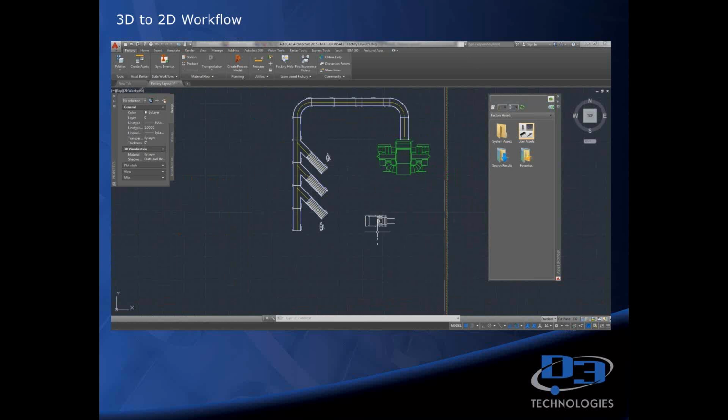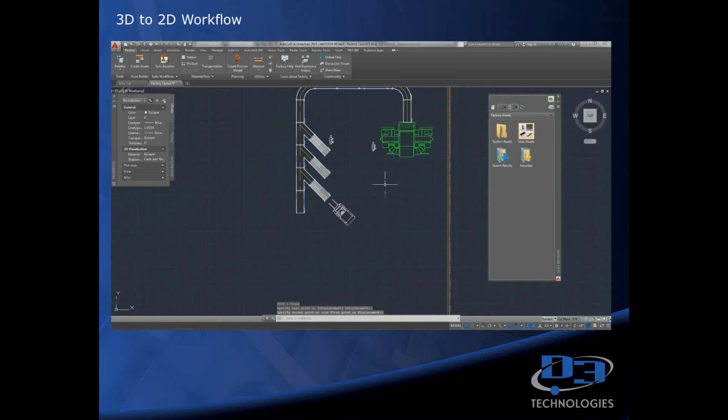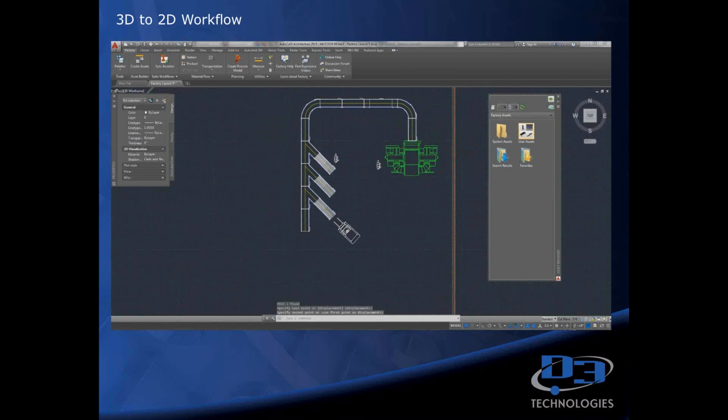So if I want to start making changes to that, in this instance I'm going to move and reposition this forklift. So I'm just going to change his rotation here. I'm going to move him over here. He's picking up some material. And this guy's going to get out of his way, so he's going to go stand over here by the blower. So I've made some changes in my 2D environment. Now I simply save that,